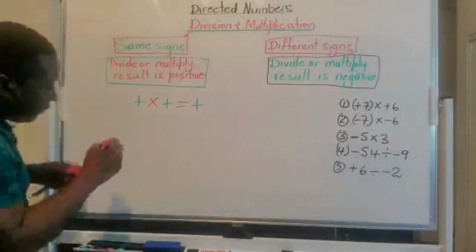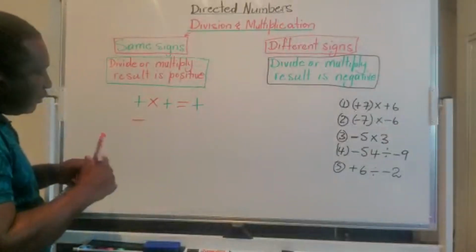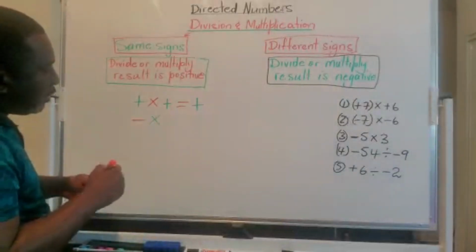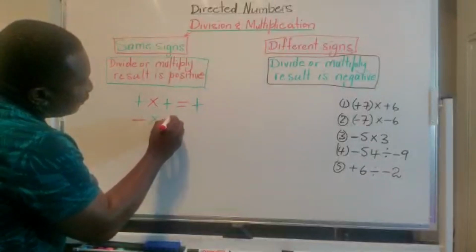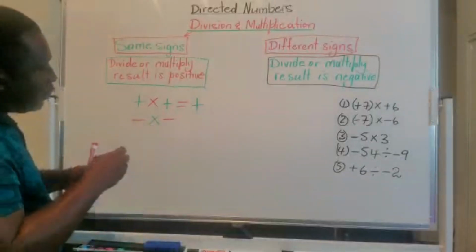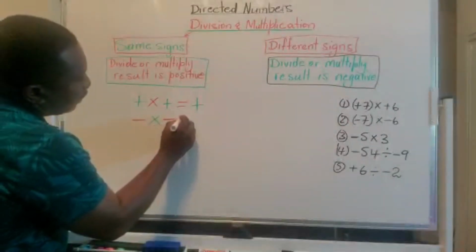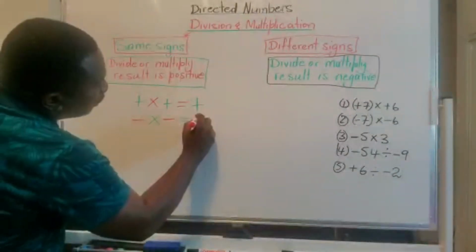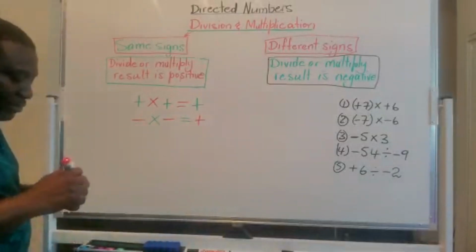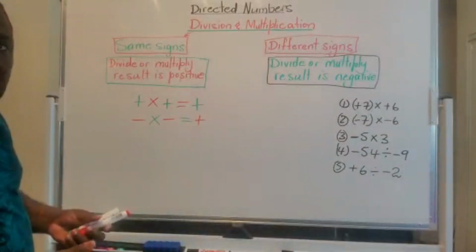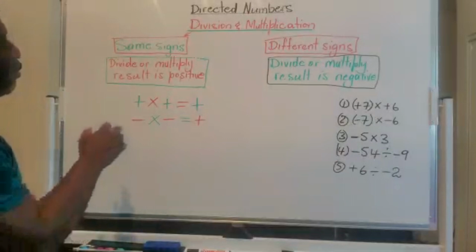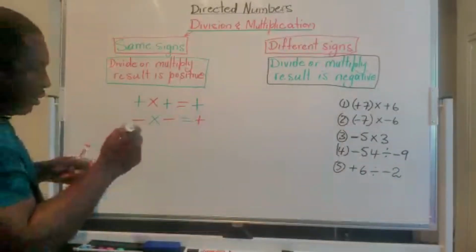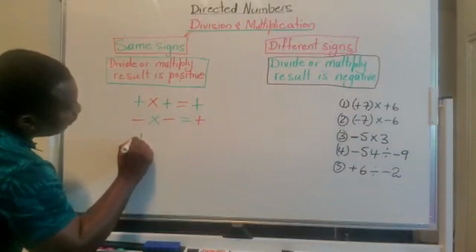Likewise, a negative being multiplied by a negative should result in a positive outcome. That's what it is telling us. Signs are the same. We are multiplying. We are going to get a positive. A positive